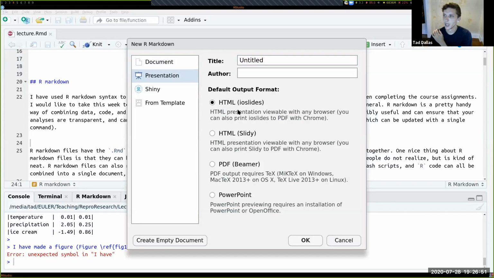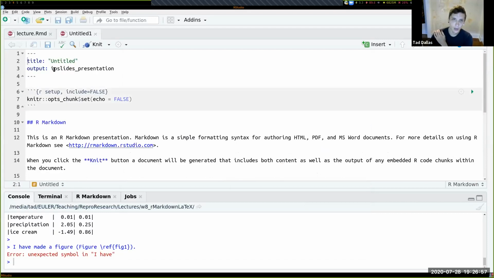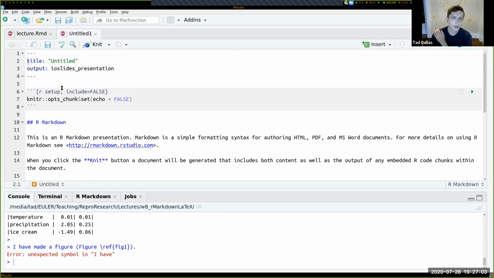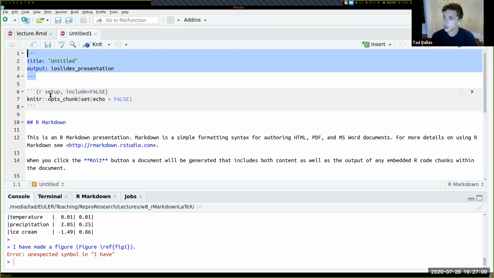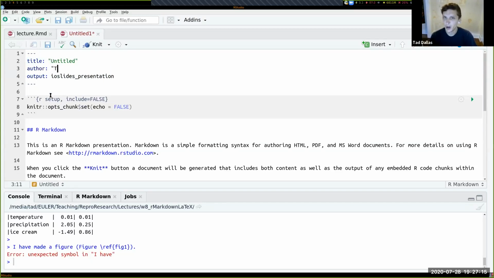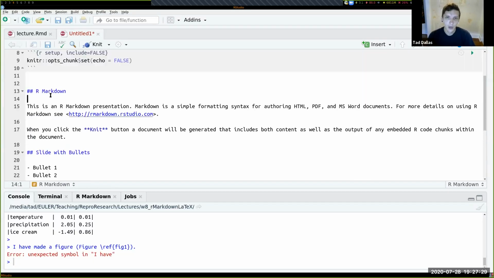Now let's see the example they give for the HTML presentations, because they're also really fun. And they really don't differ that much from how you'd approach writing a normal document. And so here you see that the YAML is actually really small, which is surprising because it doesn't have information like author. So if I put in author, I'm not even sure if it'll work. Let's find out. And this is the output as ioslides_presentation, instead of PDF document or something like that. Here we separate slides via these callouts.